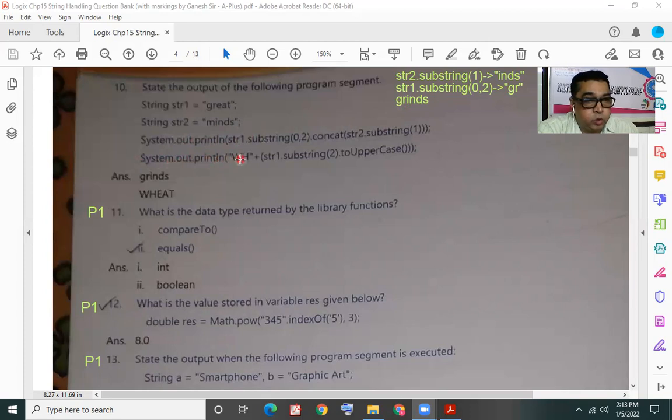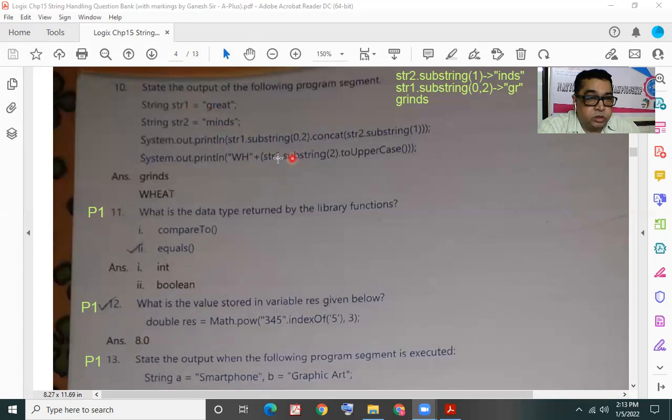System.out.println of WH. This string WH is to be concatenated, with the plus operator being again a concatenator, with str1.substring(2).